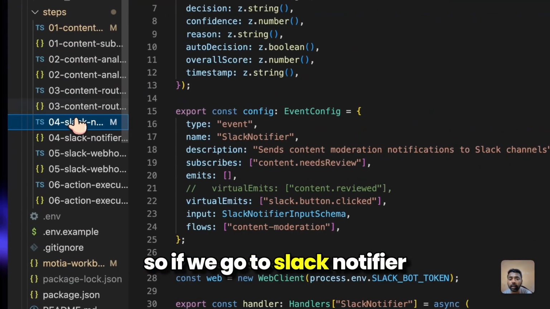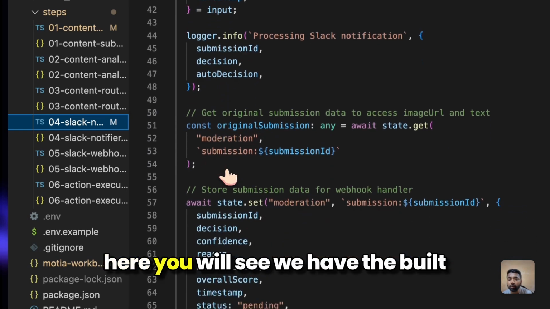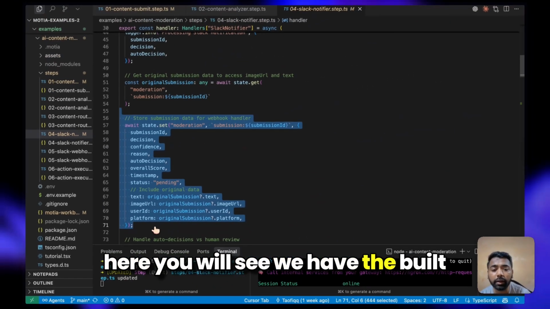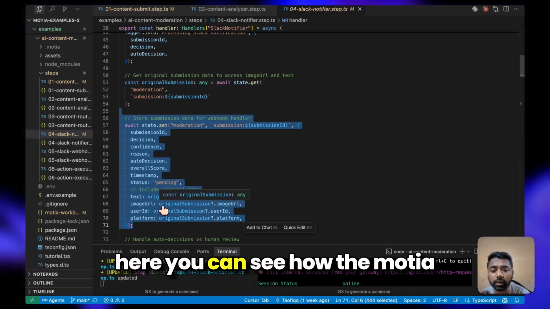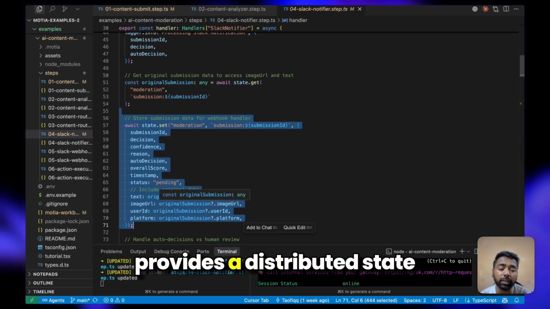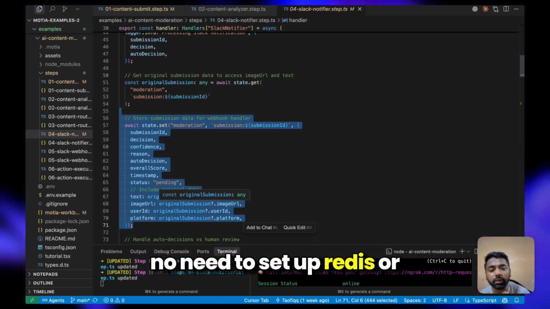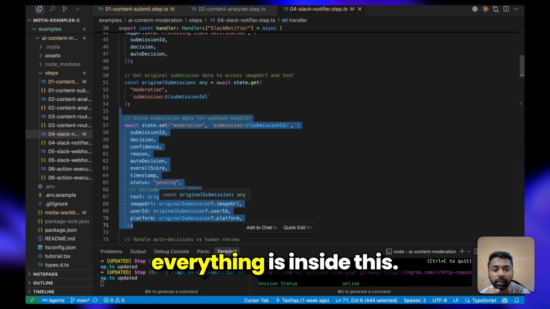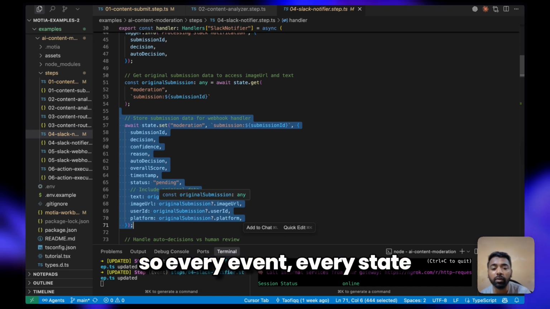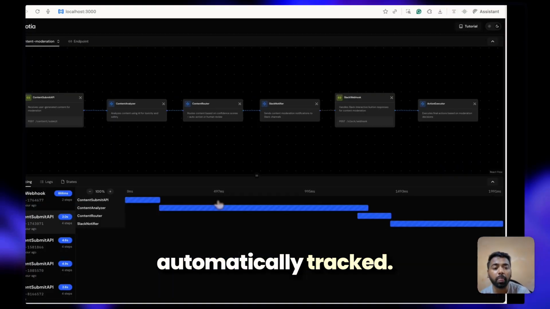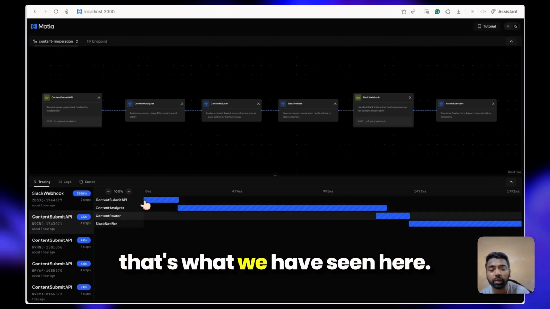So if we go to the Slack notifier, here you will see how Motia provides distributed state management out of the box. No need to set up Redis or a database for workflow state. Everything is inside. Every event, every state change, every error is automatically tracked. You get observability for free. That's what we have seen here.